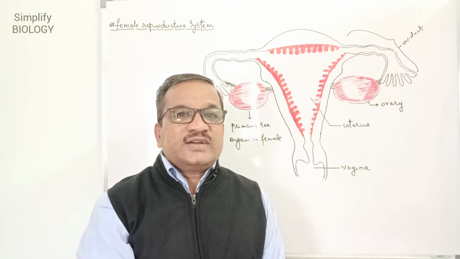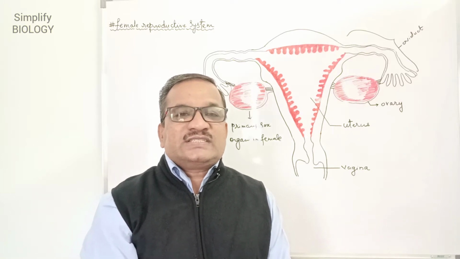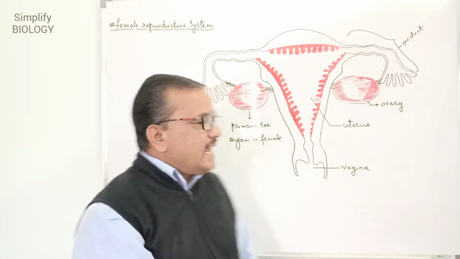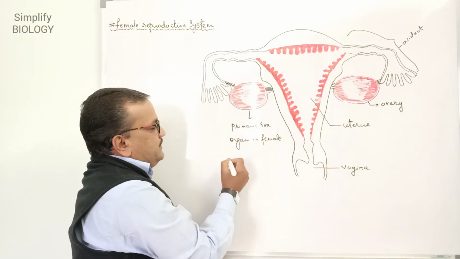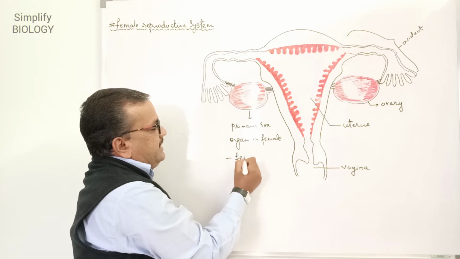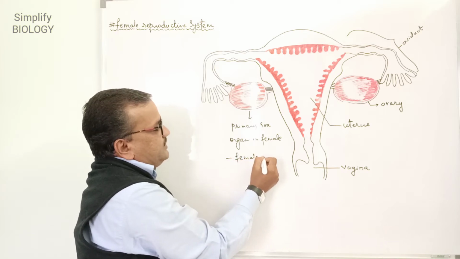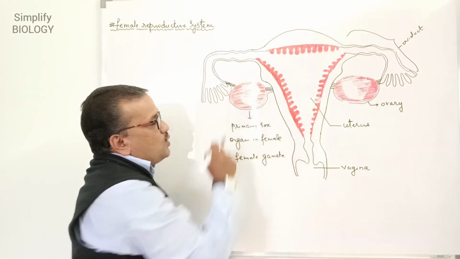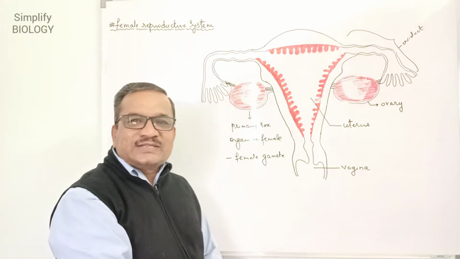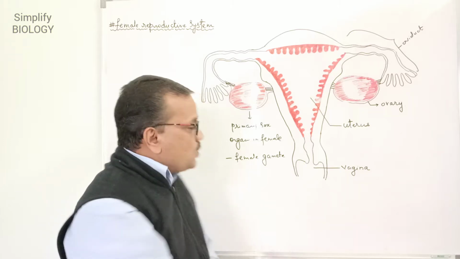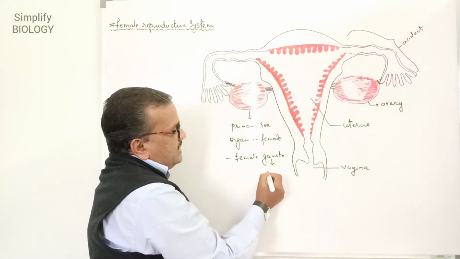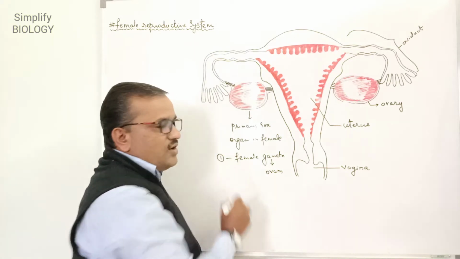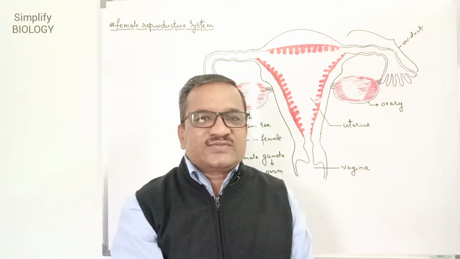The main function of the ovary is that it produces the female gamete, and that gamete is called the ovum. This is the first function of the ovary, and the next function is